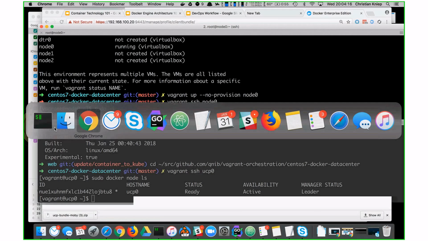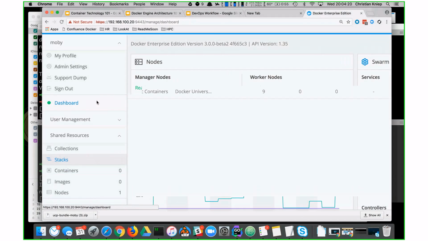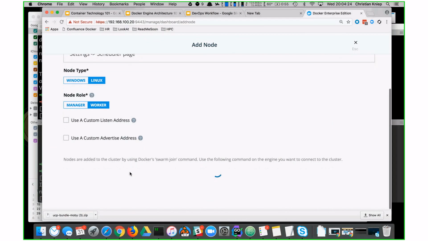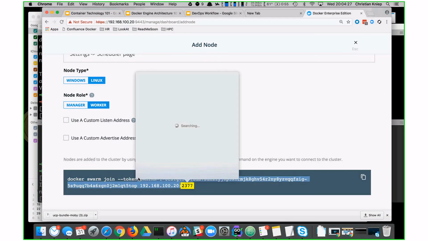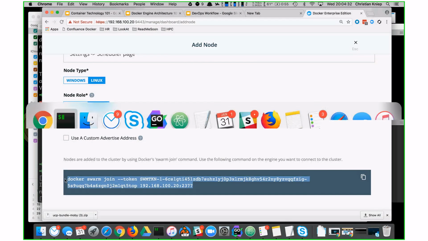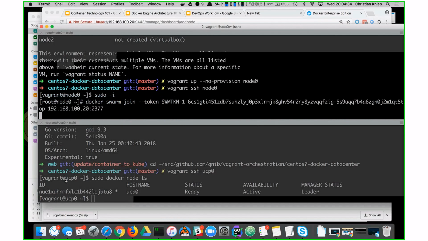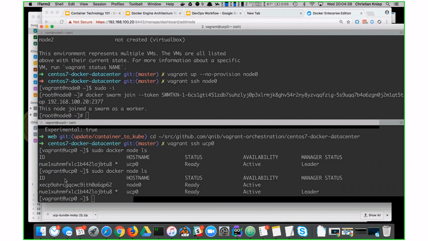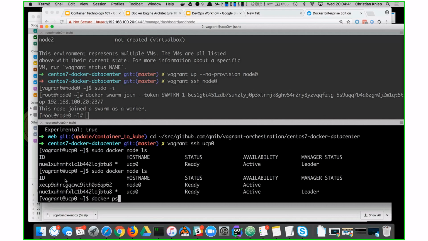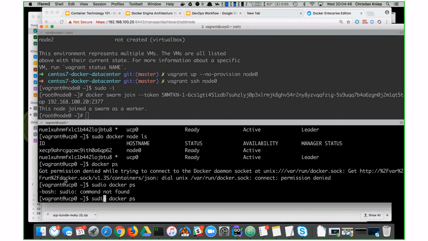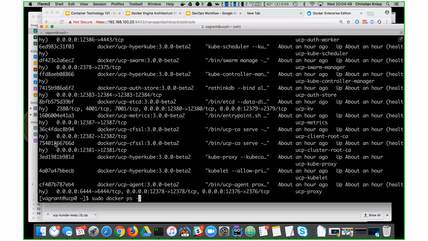And by going here, export, I can create this Docker swarm join command that I need in order to join the cluster. And by doing so, this node will have joined the cluster. And what we do with our Docker Enterprise Edition in Kubernetes, typing is hard, we will create all the containers in order to make Kubernetes a thing, right? So we look here.